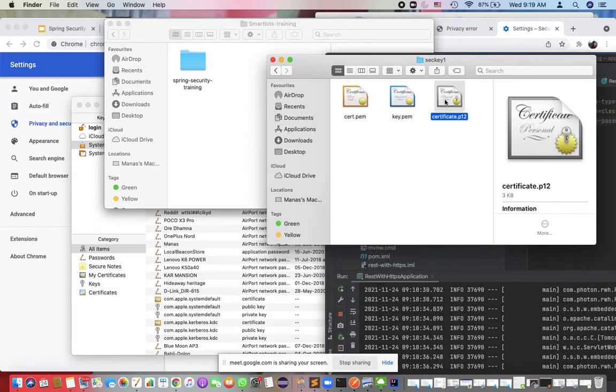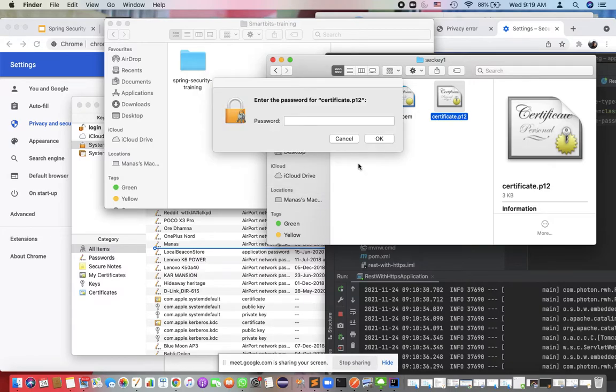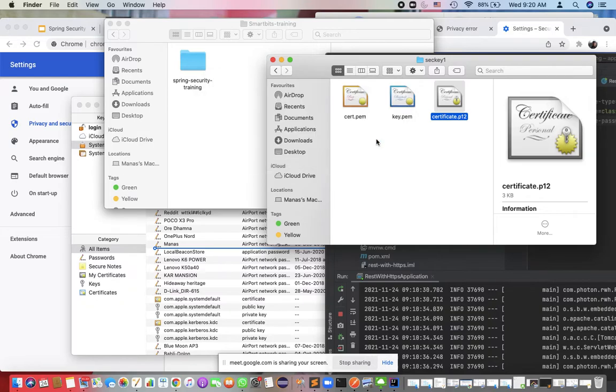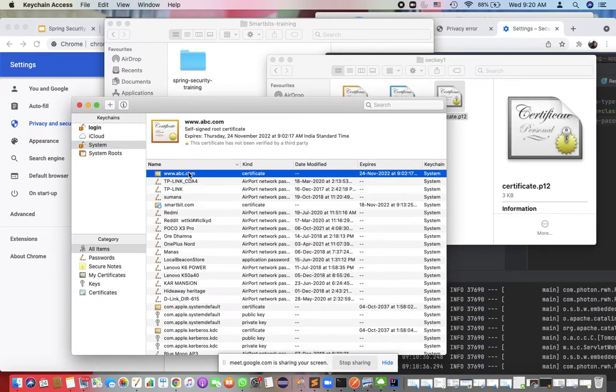What I'll do, I'll take this certificate and drop it inside this. Enter the password for certificate P12. I'll give photon. Okay, so if you can see, this certificate has been added to my keychains.